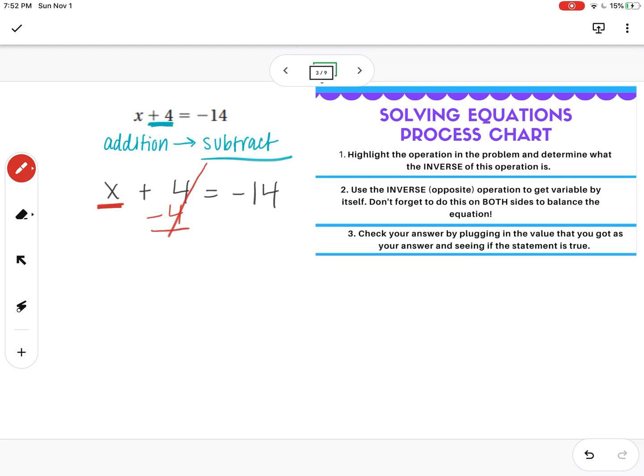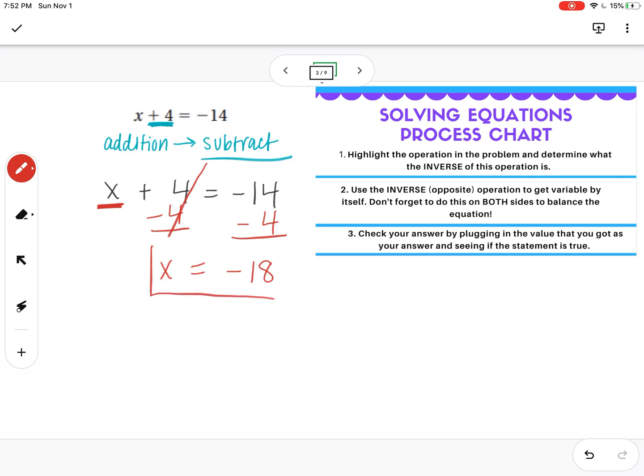And then we have to do it to both sides to balance the equation. So now we have to subtract 4 from this side as well. So we're subtracting 4 from negative 14. Remember, those are both negative. So in this case, we're going to add and keep the sign. So this is going to give us negative 18. And we get x